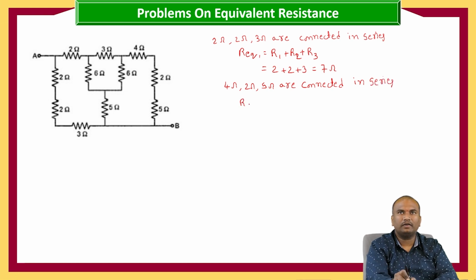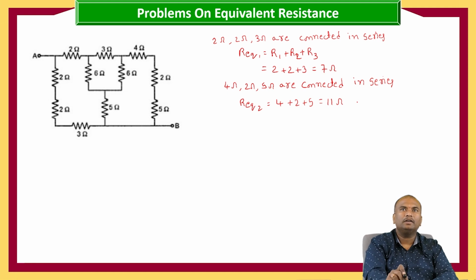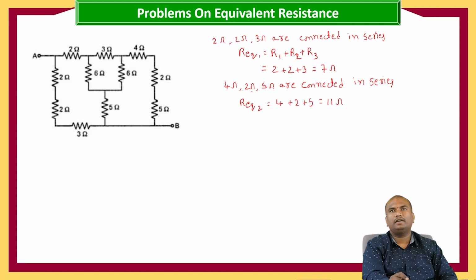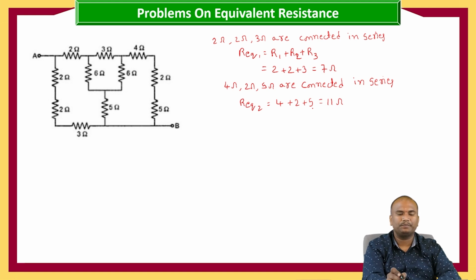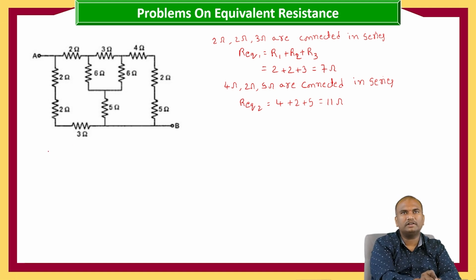That is R equivalent 2 is equals to 4 plus 2 plus 5, which is equals to 6 plus 5, 11 ohms. Now we got the R equivalent 1 and R equivalent 2. Now let us replace with these values. Now our circuit will become